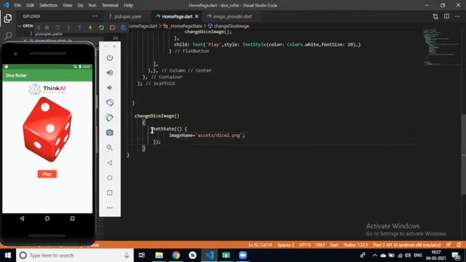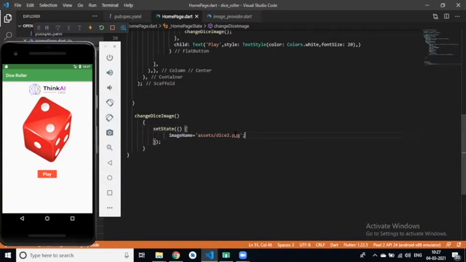For that we have used the setState method, right? In the changeDiceImage method, we have defined setState, and in setState we will change this imageName variable's state with asset dice 2. Understand?